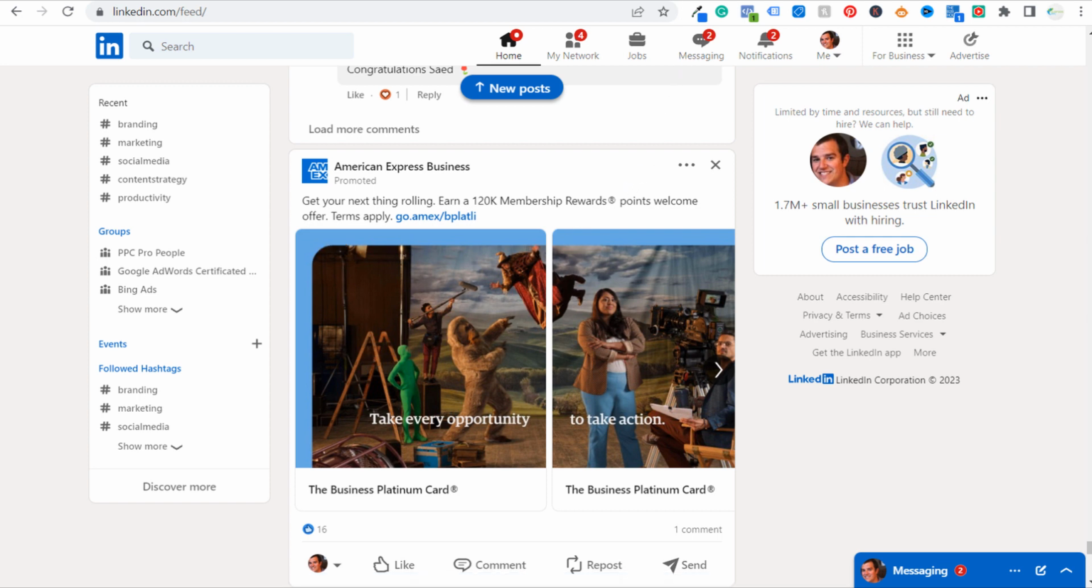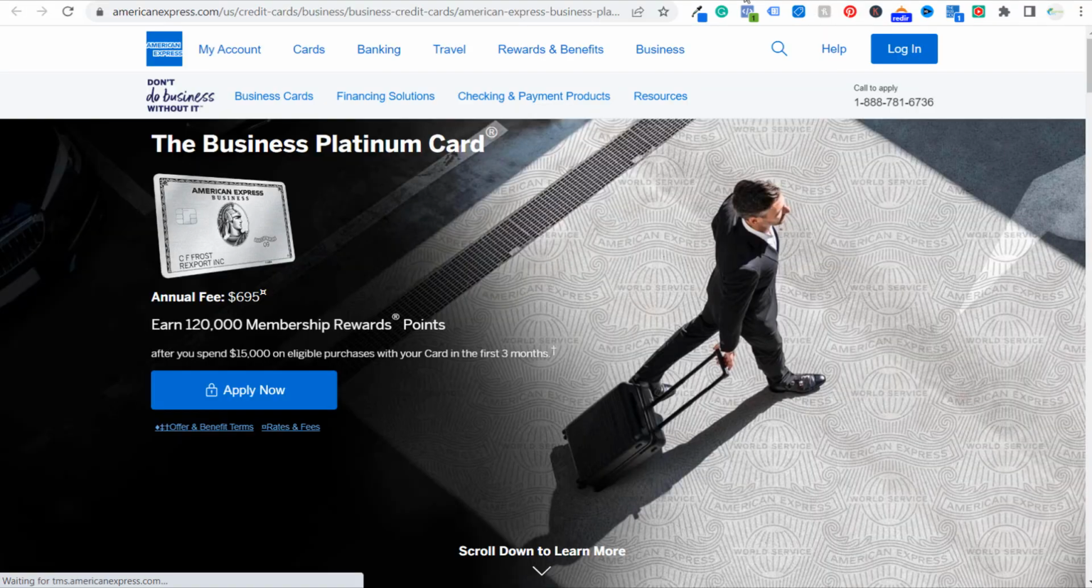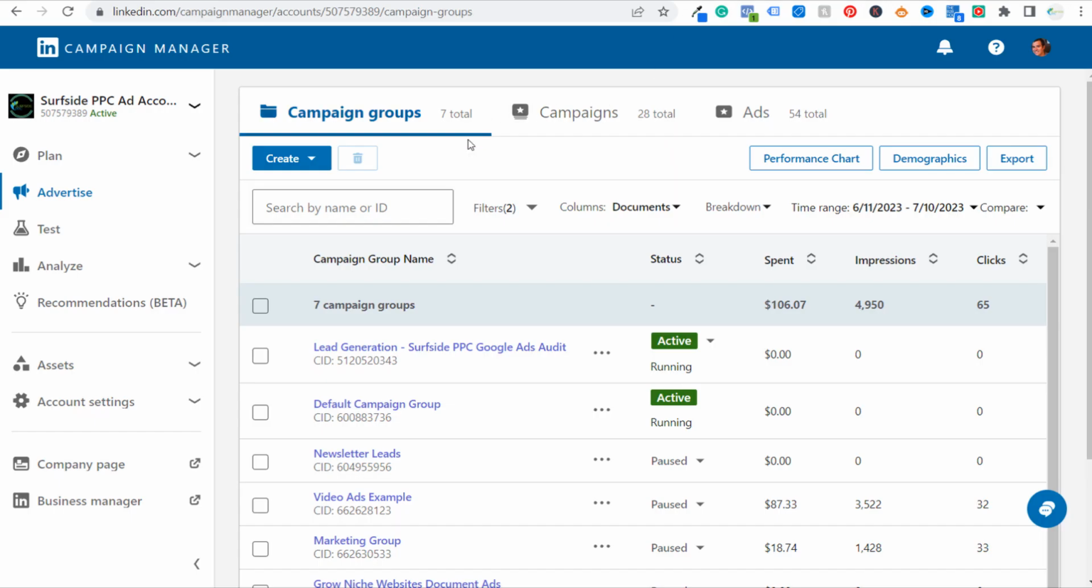So let's come over here to LinkedIn Campaign Manager. Their landing page loaded, so you can see right here, apply now. This right here may have a conversion attached to it, but once you actually complete your application, that's probably the main conversion that they're looking for. So let's come back over here to LinkedIn Campaign Manager, and let's get started with going over how to create